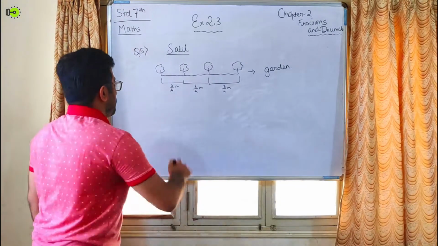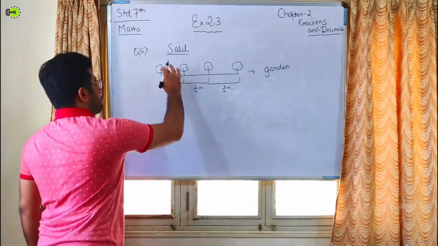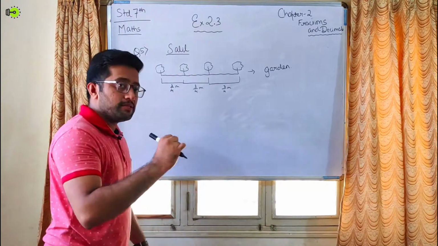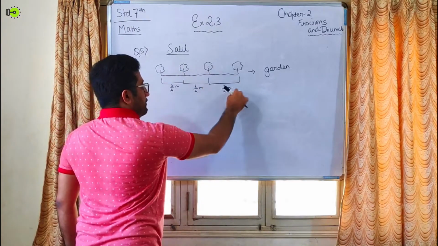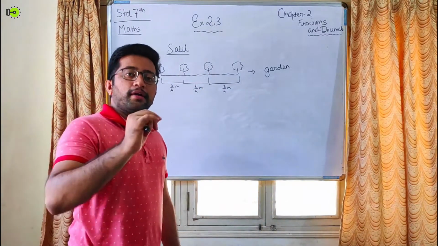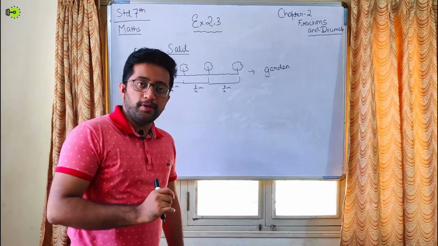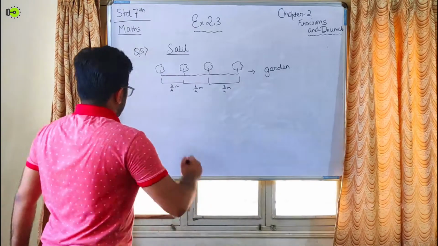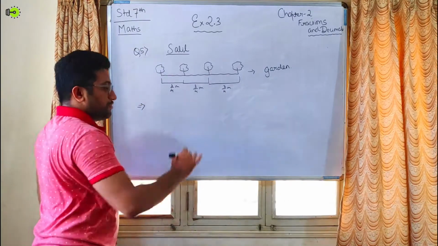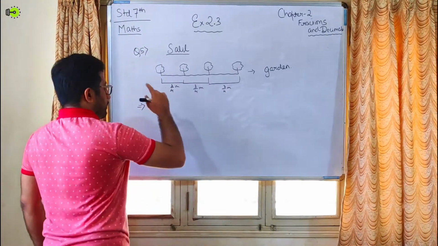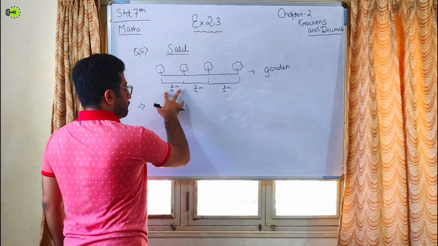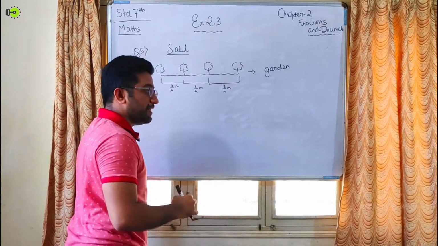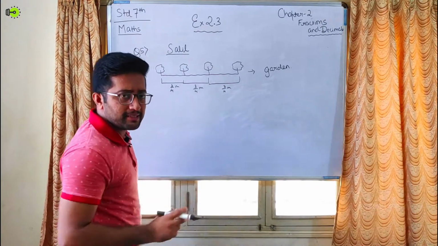And the distance between 2 adjacent plants, that is the first one and the second one, is 3 by 4 meter. So the same distance is between second and third and fourth. And you are required to find the distance between the first one and the last one. So the trick to this question is, we know that the distance between the first and the second and the third and the fourth is 3 by 4 meter. That is, a distance is equal between 2 adjacent plants.